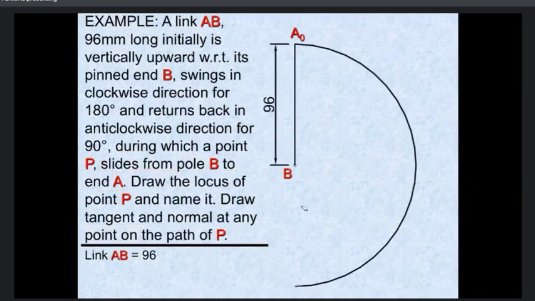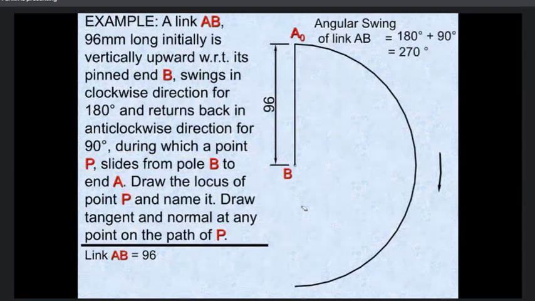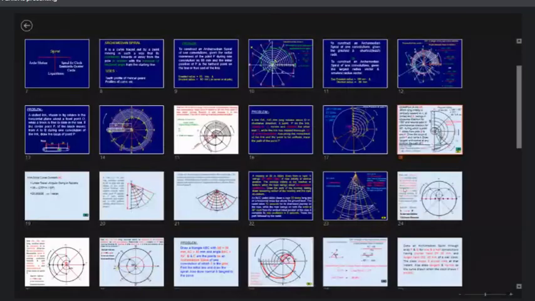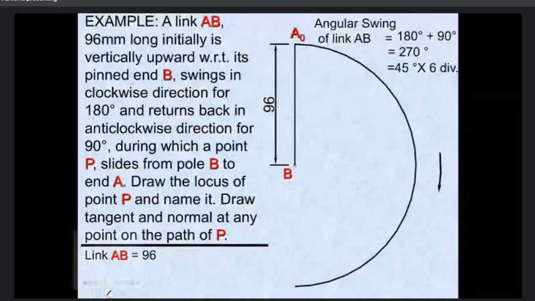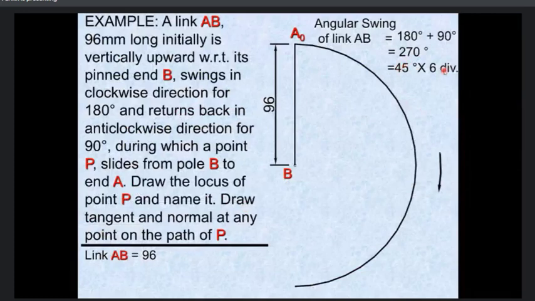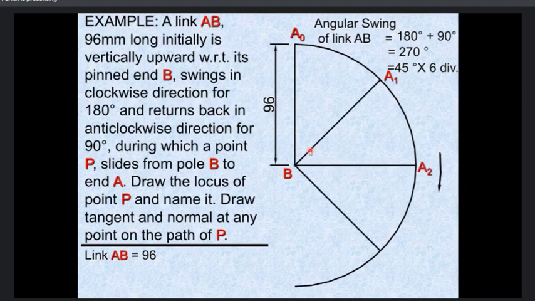Let us see in how many parts they have divided first. Okay, they have divided in 45 degree. Okay, so maybe it may be, you can take any division from your side. However यहाँ पे 45 degree किया है तो definitely 6 divisions आने वाले. Okay, so you divide the 96 into 6 equal parts. You see, I'm just dividing this into 45 degree each.